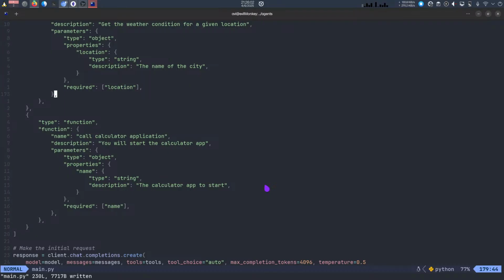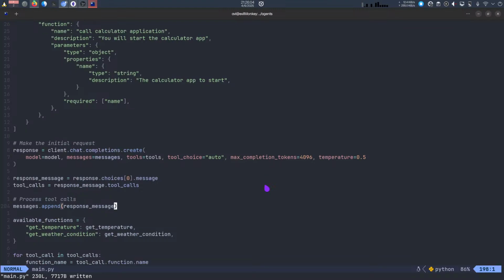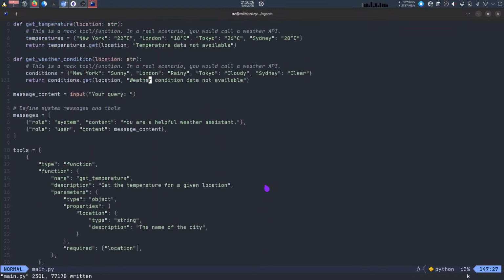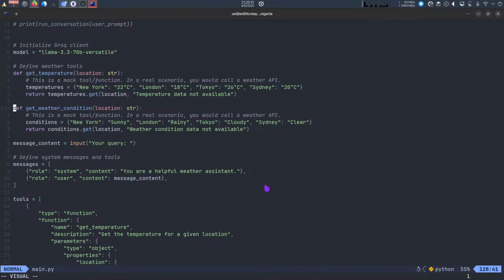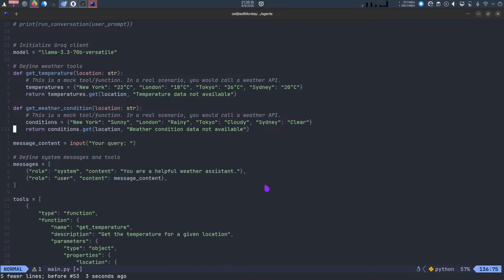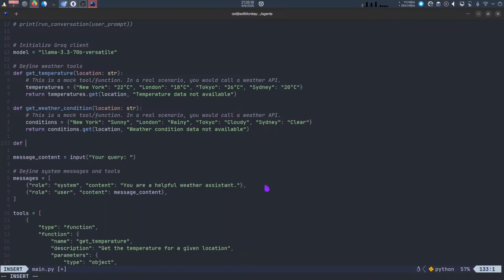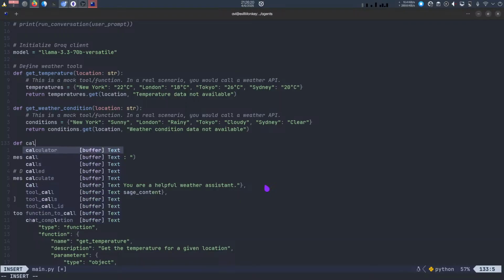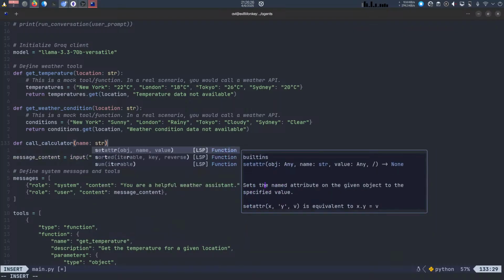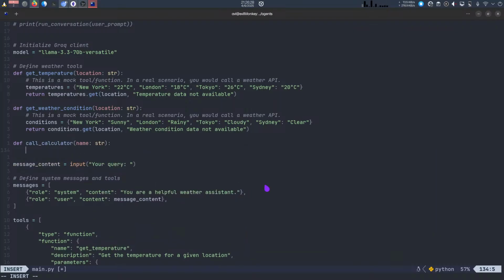Okay, let's just keep it simple and see its capabilities. So I think I also have to create functions for it. So I'll just paste this. Actually, there's no need for that. Define call calculator. Provide a string, I guess. Then we can say